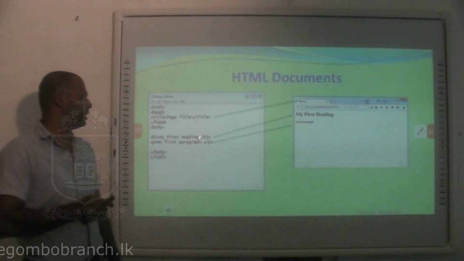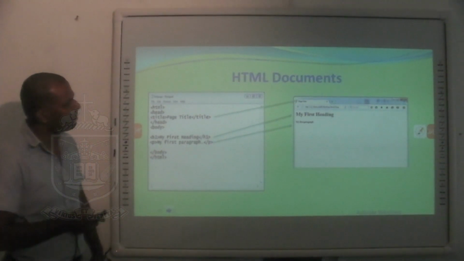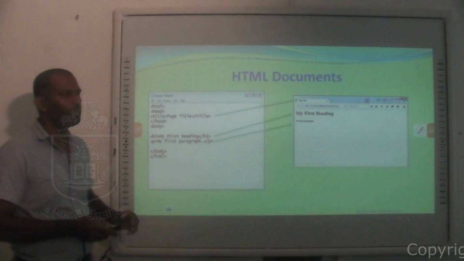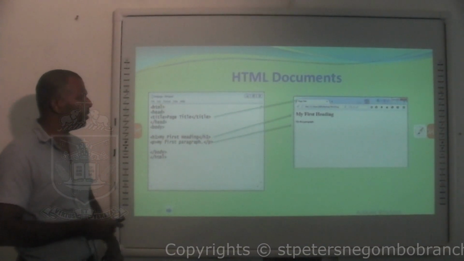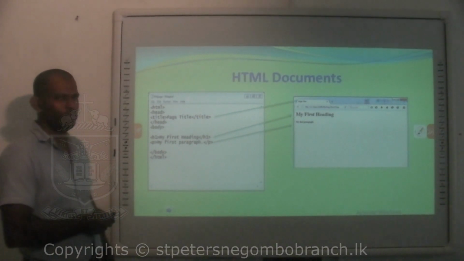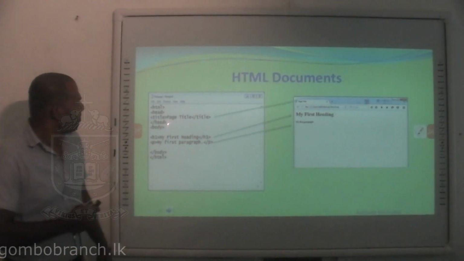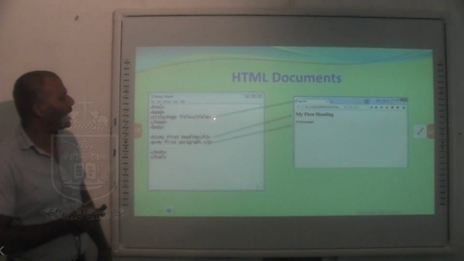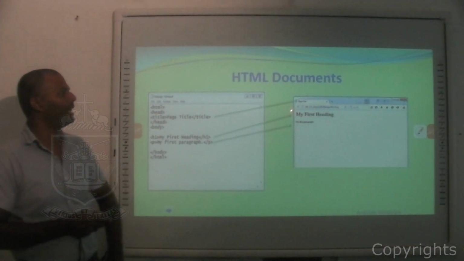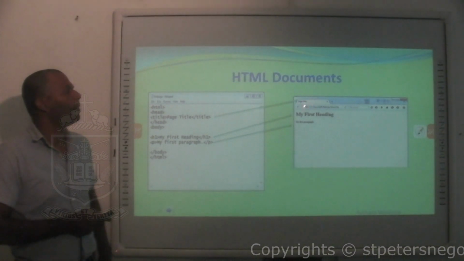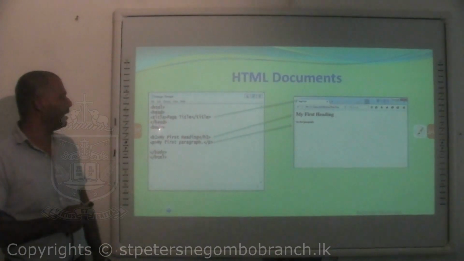Within the body part, you can type what will be the content of the web browser. Here, I have given some notes where it displays in your web browser page, and the Notepad page where you will type those texts. Right. Title. The page title is displayed on the top of the page. You can see the page title displayed on the top of the page, and here after the header part,